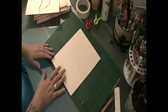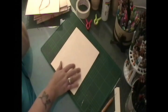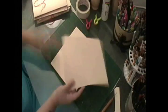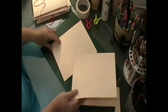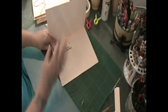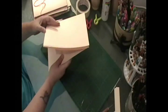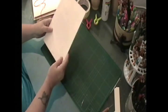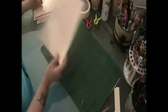Once you get to this point, you need to make signatures. And you're going to use 4 of these for each signature. So, what's a signature, right? A signature is basically where you take one and you put it inside of another, and then you take another one and put it inside, and then you open that up and you put another one inside. So you have a book, basically, using 4 folders. You're going to need to do that to all 24, so you should have 6 signatures with 4 folders each. Once you have that,